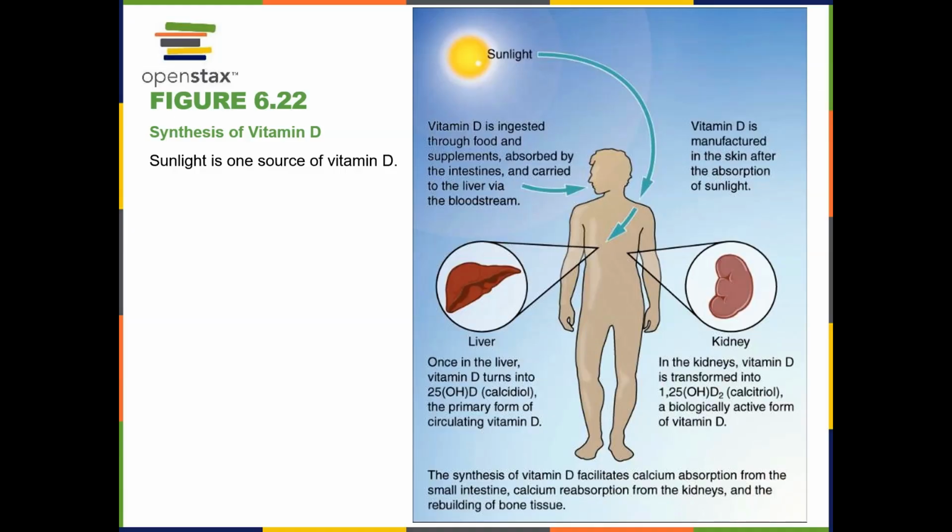We could also get vitamin D from the food or from supplements, although there are not many foods that naturally contain vitamin D. Fatty fish is an example that contains vitamin D, and some mushrooms contain vitamin D. And then you could also take supplements of vitamin D. You could take vitamin D pills, and vitamin D has been fortified in whole milk. And so the vitamin D has been added to whole milk as an effort to increase the calcium absorption from that milk and reduce the risk of